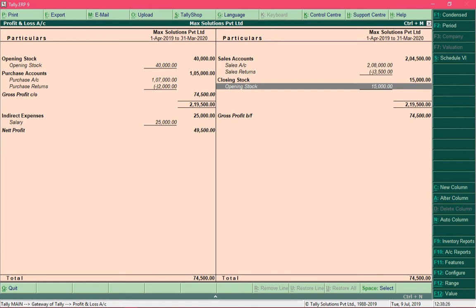So that was all about recording various entries. The objective of this section was to make you aware with the Tally's environment with respect to recording entries. In the next section, we will start to maintain stock information. We will learn how to create stock items and record purchase and sales in item invoice mode.